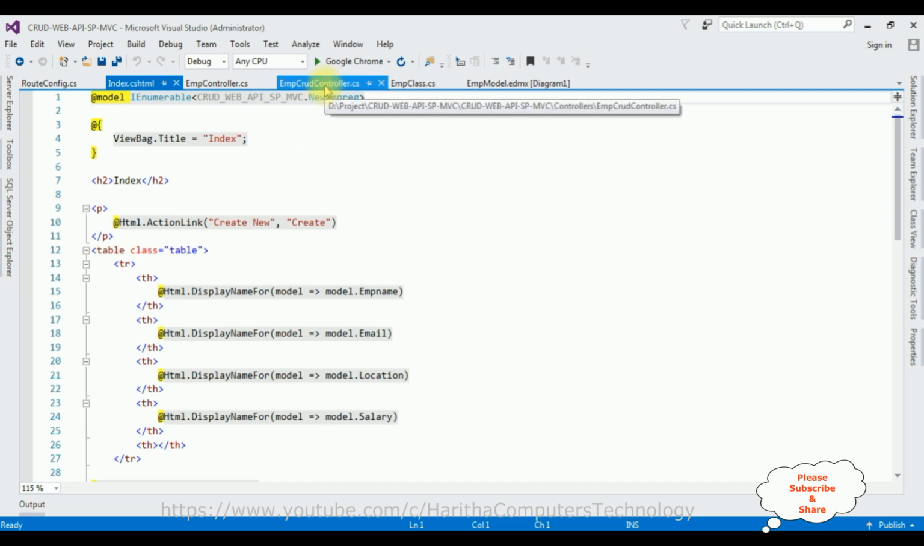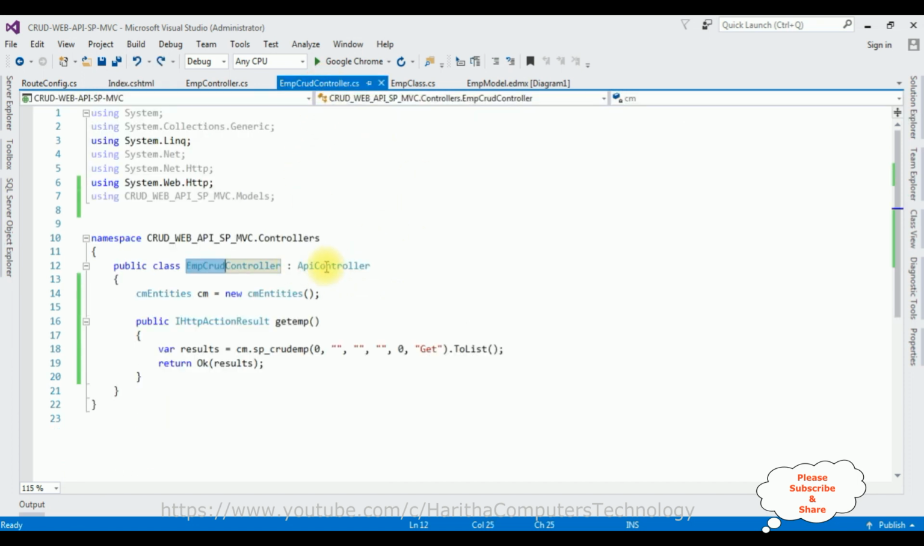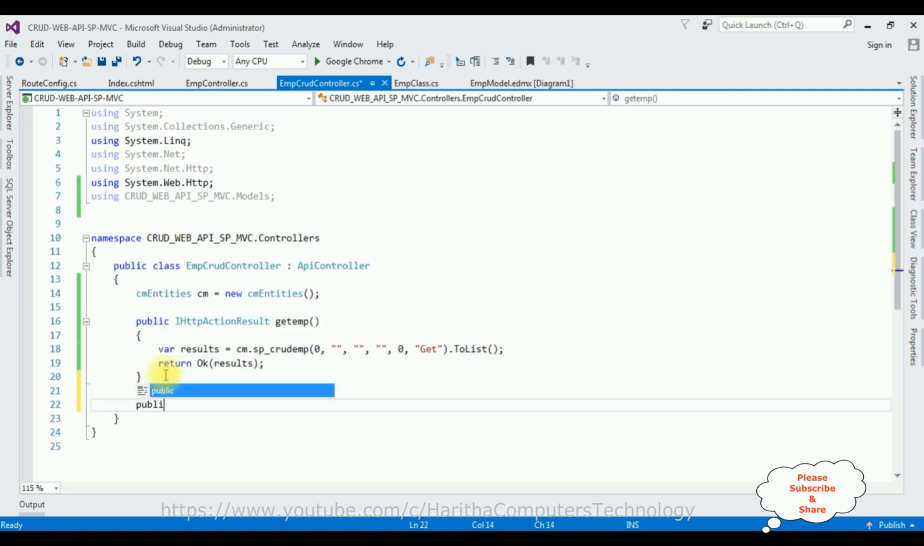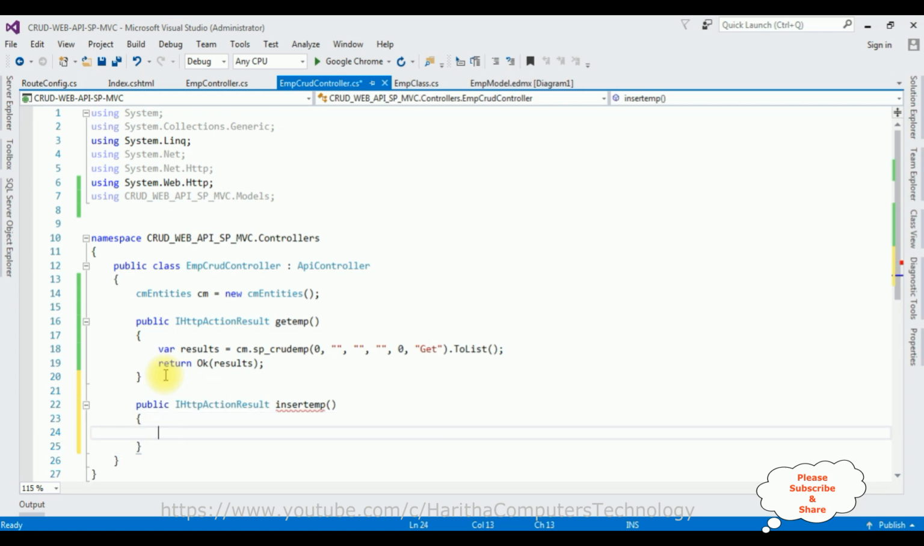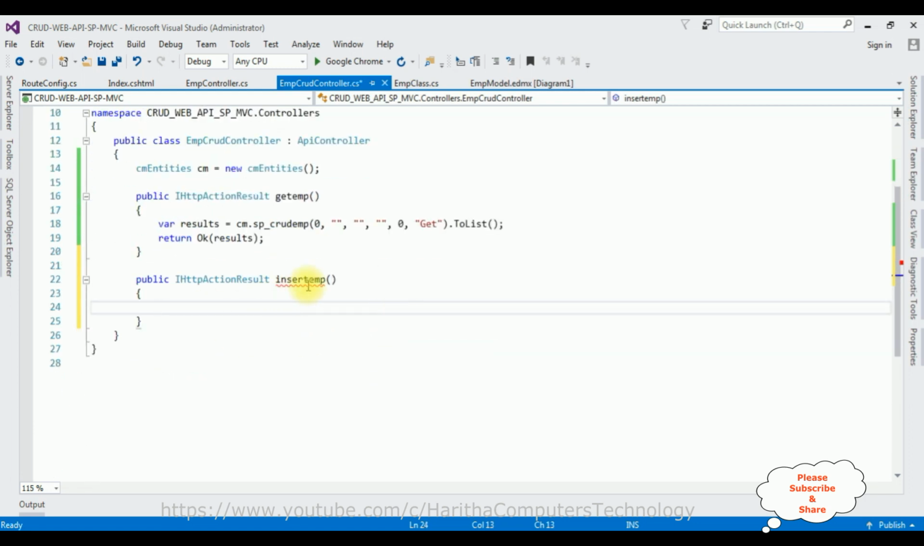switch to the EMP CRUD controller, which is the API controller. I am adding new action result, public IHttpActionResult, insert EMP. Now in this insert EMP method, I'm adding our table name is new EMP reg, EMP insert is an object, variable insert results is equals to